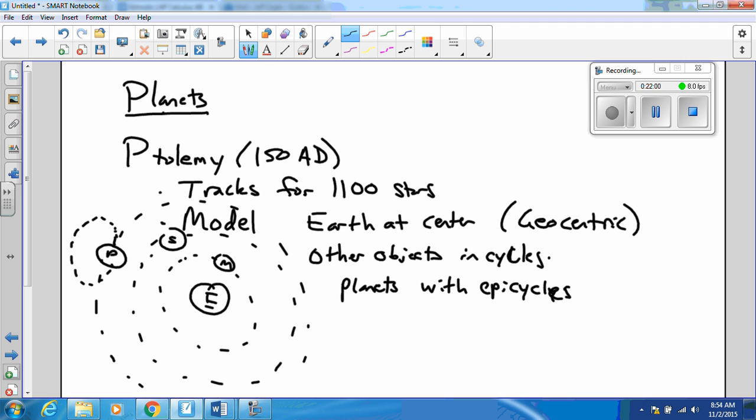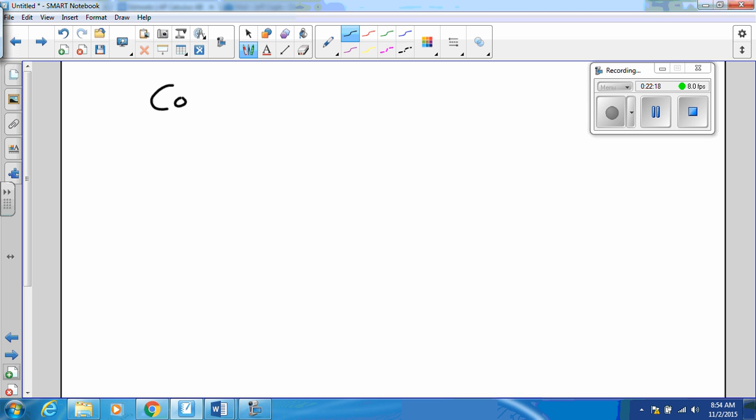His was not the only one. Aristarchus, who lived actually BC, believed that the sun was at the center of the universe. How about that? And so there were a small number of people that were what we call heliocentric. Well, this idea, however, lays mostly dormant until our next player, who is Copernicus. And Copernicus is going to publish in 1543 a heliocentric